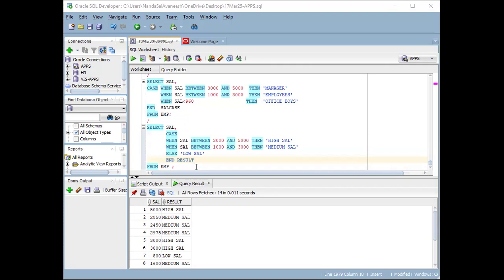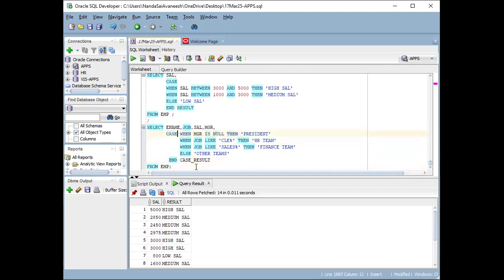One more example, that is case function also. Select ename, job, salary, manager, case when manager is null then president, when job like CLE%, then HR team, when job like salesperson, sales%, then finance team, else other team. So based on this